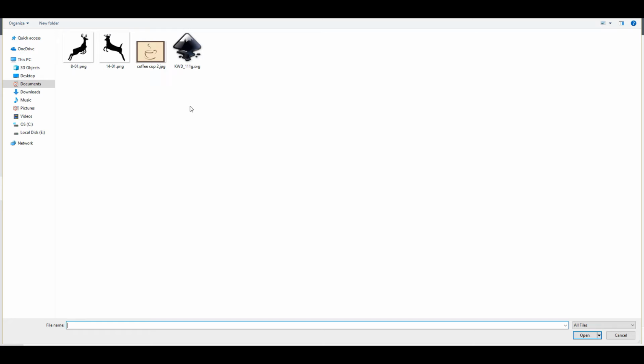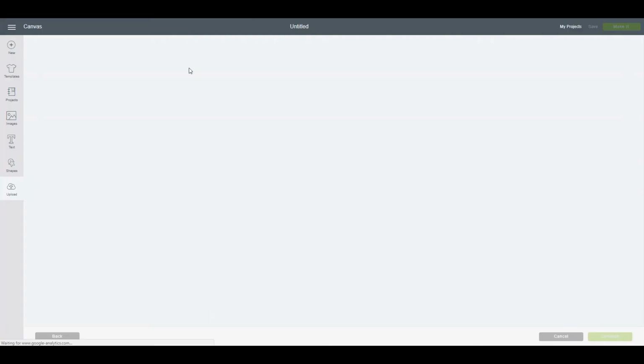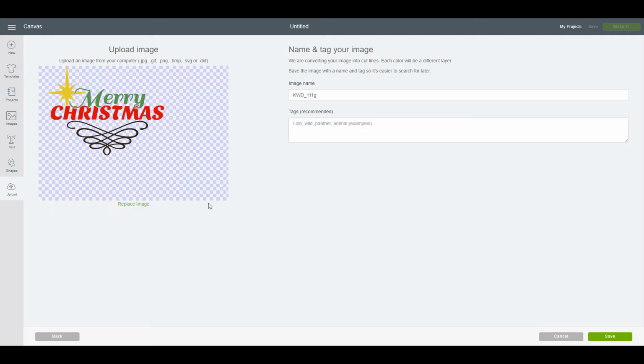You will navigate to the file that you have your image saved, and then you will go ahead and click on it from there. So the first one we're going to do is an SVG file. SVG stands for Scalable Vector Graphic, and that is one of the easiest files to work with when you're uploading it. So I have double clicked on it, and it has shown a preview here on the left hand side